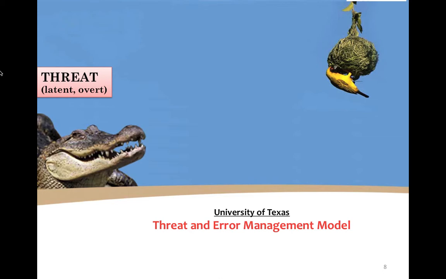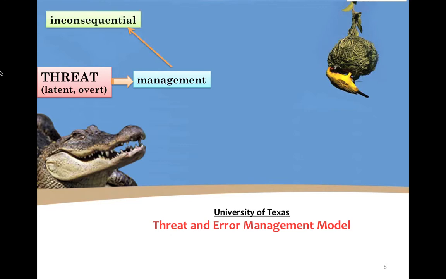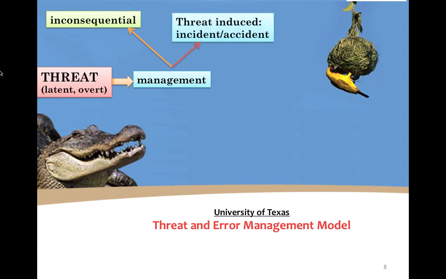Similar to this crocodile, a threat could be overt, that is very obvious, or hidden, that is latent. Active and latent threats are the precursors to accidents and incidents. Most threats, however, can be proactively identified through LOSA and considered as targets for enhancement. So a threat may be minor or major, and when managed correctly, inconsequential. If the threat was not managed, it can lead to a threat-induced incident or accident. For instance, a maintenance error not picked up by the crew can lead to such an incident or accident. Crew may incorrectly manage a threat leading to an error.